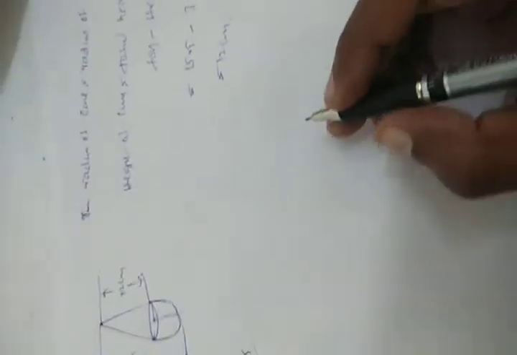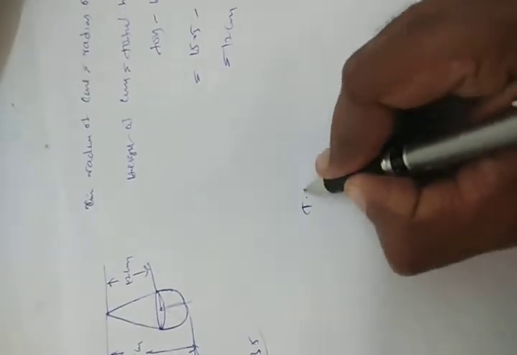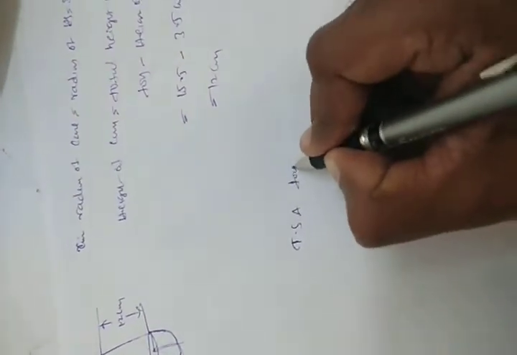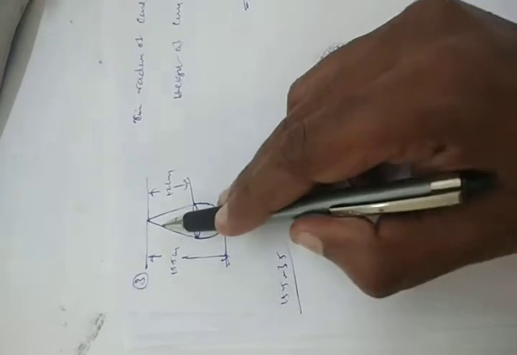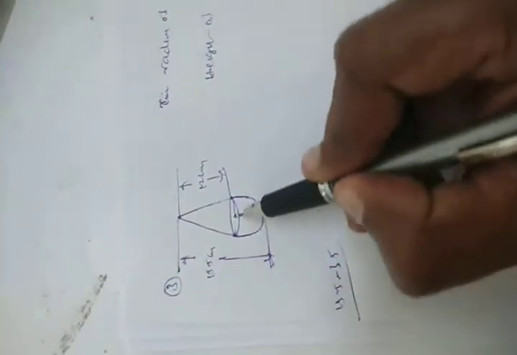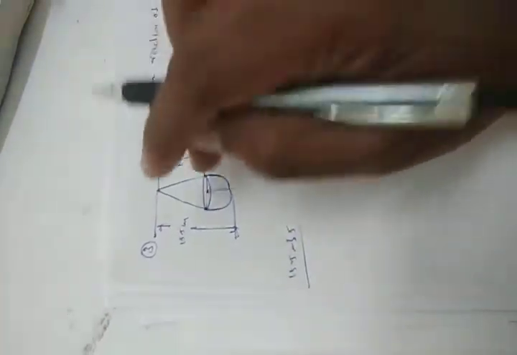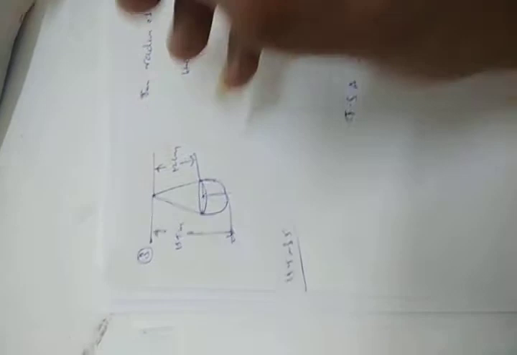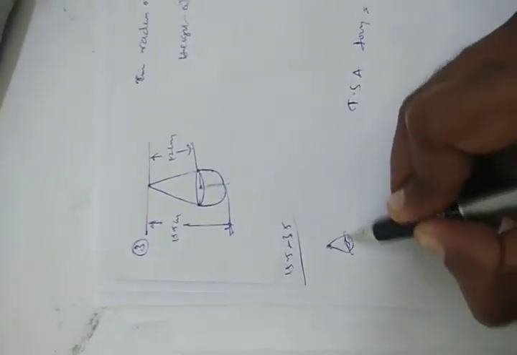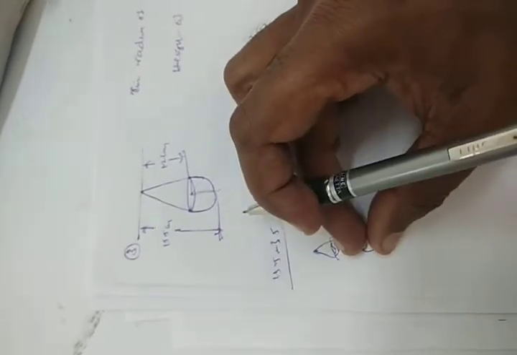Next, what we have to find? We need to find the total surface area of the toy. What people will do is add the total surface area of this plus the total surface area of that, but not like that. If it is placed like this, this face is not going to appear. This face is going to be closed if the toy is in this form, so we can't experience this face and we can't experience this face. The reason is, it is placed on this one and definitely it will be closed. At that time, what do we have to do?